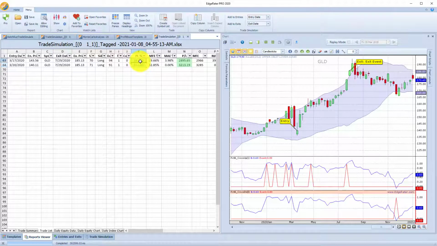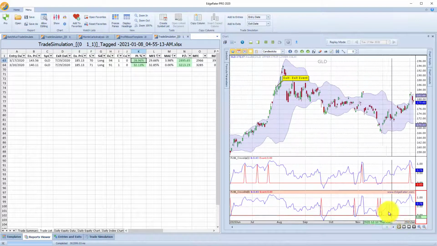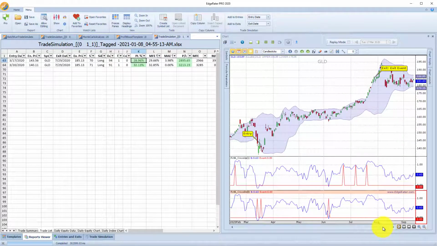So 2 trades, and we'll put this onto a day chart, by the way. It's on week right now, put it onto a day. That's better, it's a day chart. So you can see that there were 2 entries. This entry is valid because it was a cross above the lower Bollinger Band, generated the entry, and the exit was generated on a cross below the upper